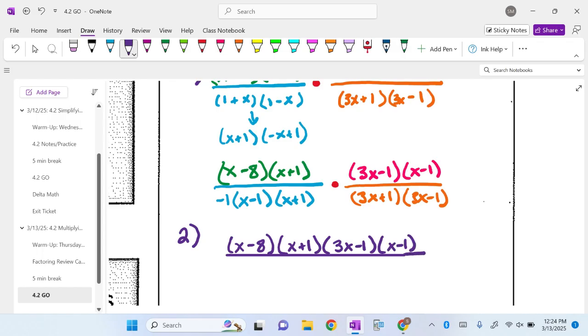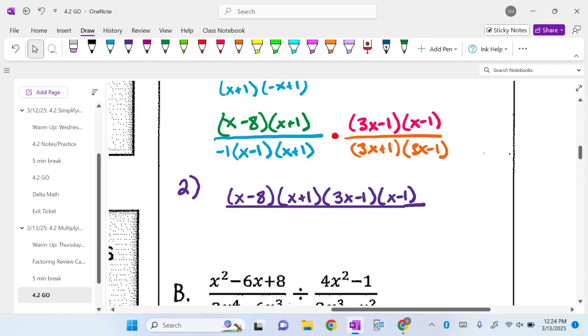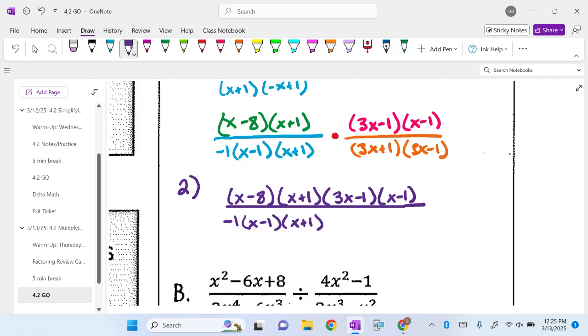Good. So all I did, guys, is that multiplying these fractions is very easy because all you got to do is just basically condense the top and the bottom into one fraction. You basically are just taking away the multiplication symbol and extending that denominator bar or that fraction bar. So then what's on the bottom? So guys, what are basically all my factors in the bottom of the fraction bars? Yep, we just connect them all. So this would be negative 1 times x minus 1 times x plus 1 times 3x plus 1 times 3x